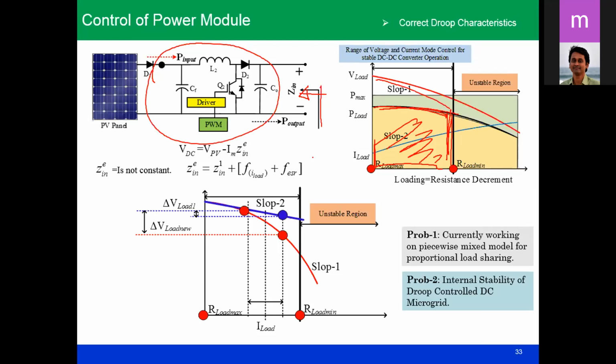So you can have a proper loading characteristic, with the x-axis as loading and the y-axis as the voltage. Ideally, in all the analysis I have seen, they miss this basic fundamental point; they analyze it as a simple straight line. But unfortunately it is not like that. This Z, the impedance looking from the output side, is actually not a constant. Some part is constant and some part is a variable, a load-current or load-dependent component. Another component is the ESR component.